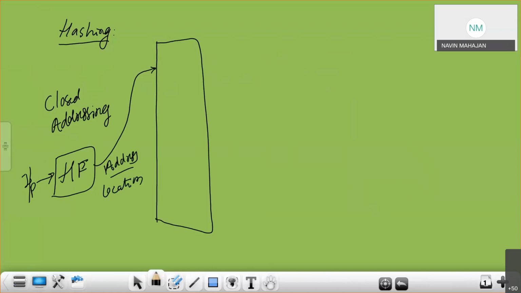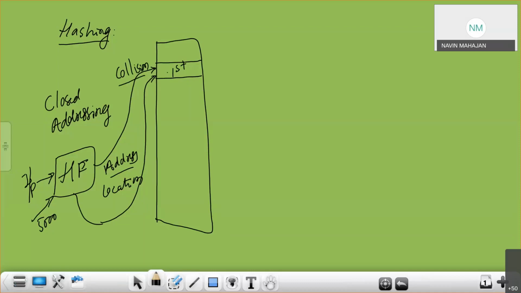After the first number is stored here, when a second input, say 5000, is given and it produces the same memory location, what is this called? This is called collision. If a hash function produces the same memory location for two keys, K1 and K2, it is called collision. In closed addressing, I cannot go to the next memory location. I have to store here only.